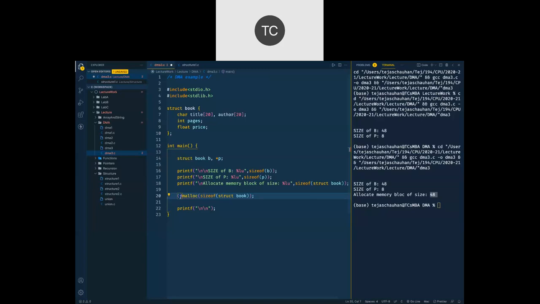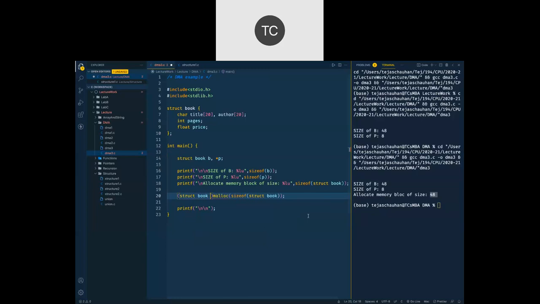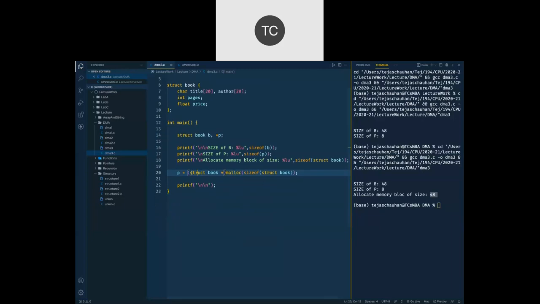We have to change that void pointer to a struct book pointer. We have to typecast that address. And then we can store that address inside our variable P, this way. So now we have allocated 48 bytes where we can store our data, and we can access that memory location using this variable P here.